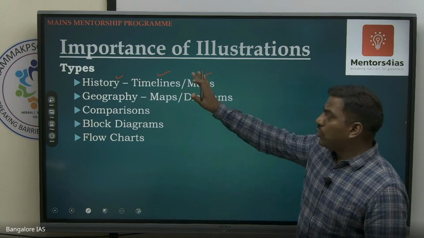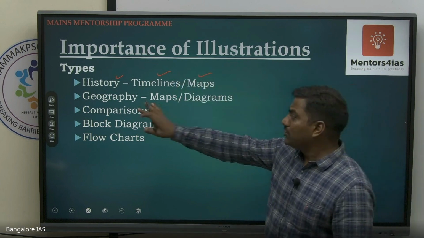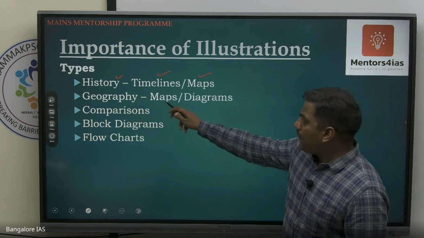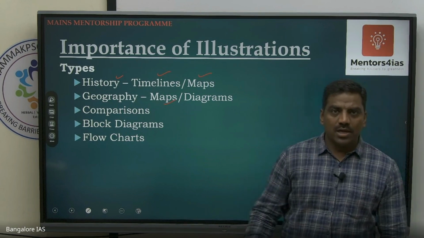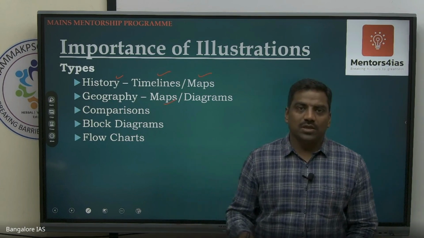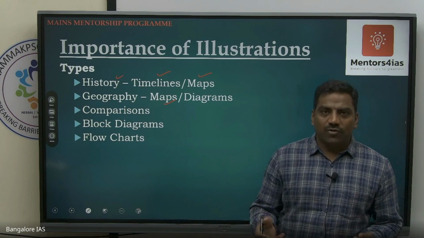Again, the maps would help in the history questions. And when it comes to the geography questions, without a map your question looks very pale. It looks like a doctor's description without telling any medicine for that. So you should